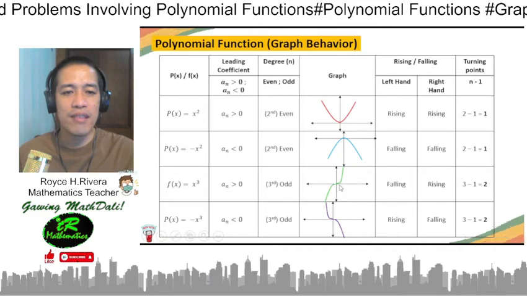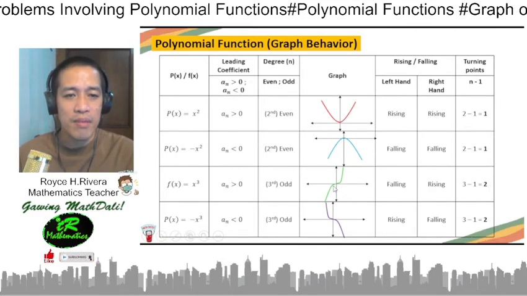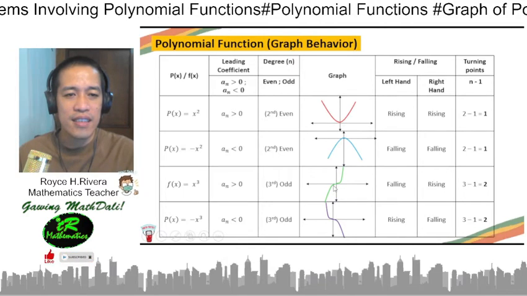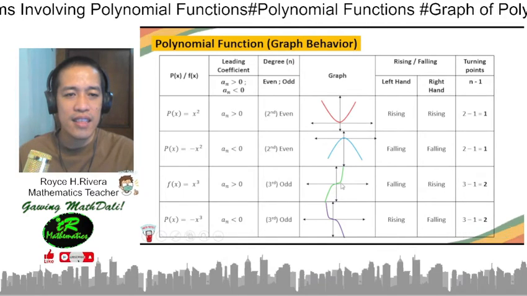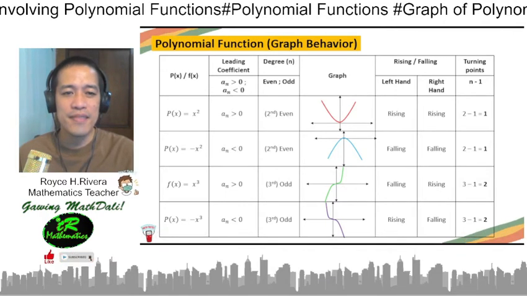So the graph turned twice. Approximately, here are the turning points. Fourth,